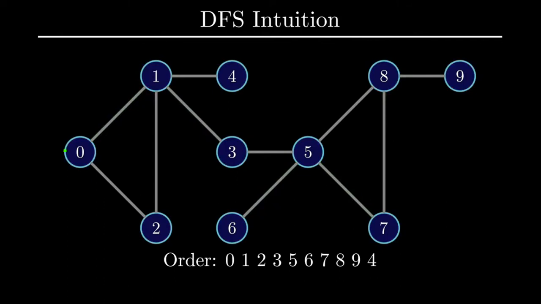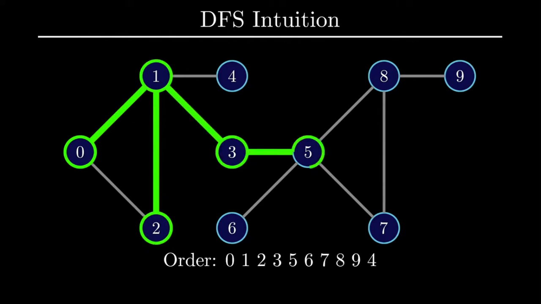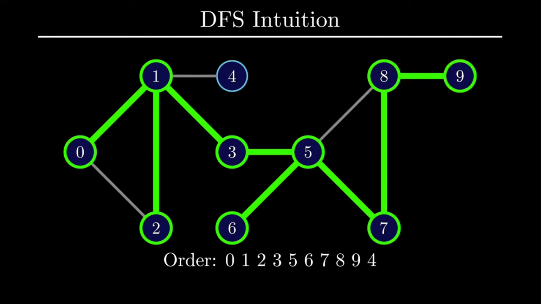graph. So I know that was a lot, but the philosophy of how we explored this graph, by continuing to explore new vertices as we see them until we hit a dead end, is what depth first search is all about. When performing depth first search, think of yourself as a bold and adventurous explorer, where every time you see a new vertex, you will continue to explore new vertices until you hit a dead end, in which case you'll retrace your steps and continue exploration.